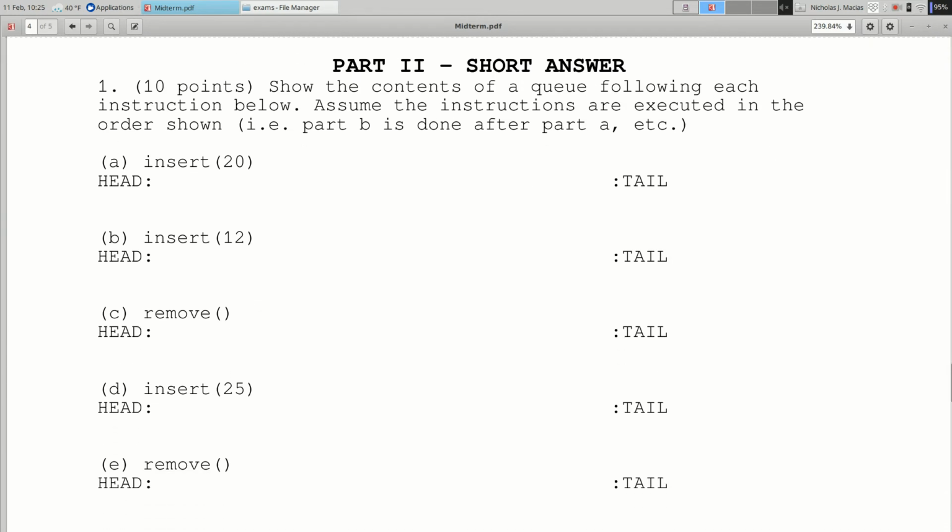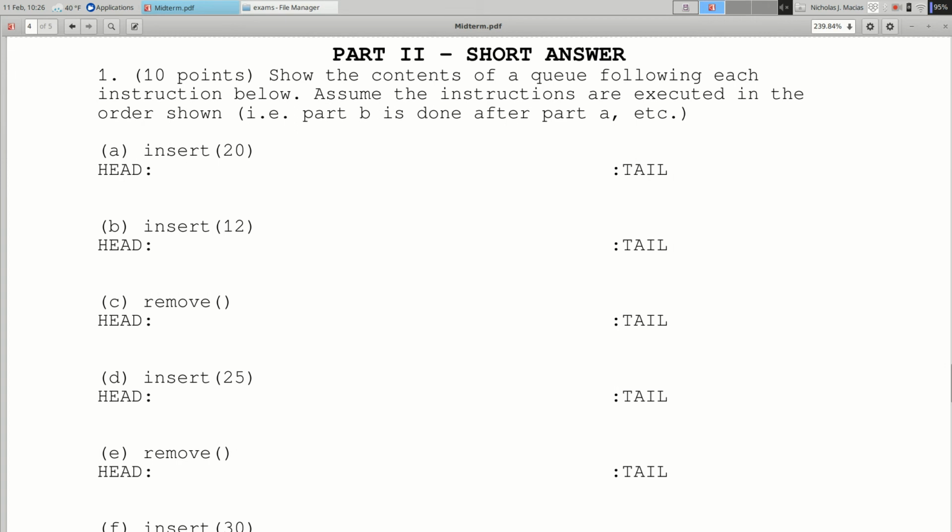All right, queues. I don't know what I did this quarter, but I did something really bad when I talked about queues, because there's a lot of confusion about queues. Probably not as much about stacks, but people have an overly complicated view of what queues are about, and that's got to be my bad. So let me